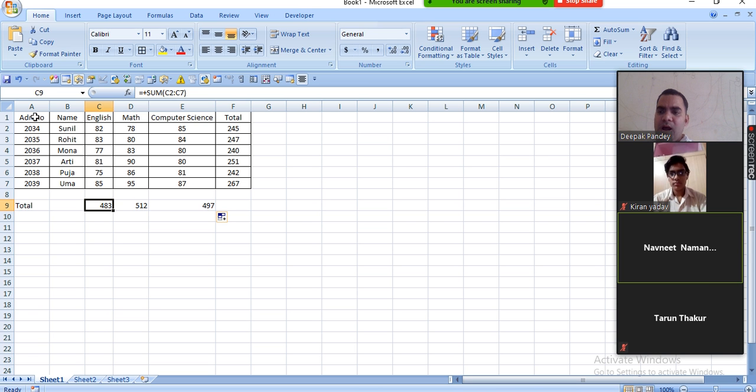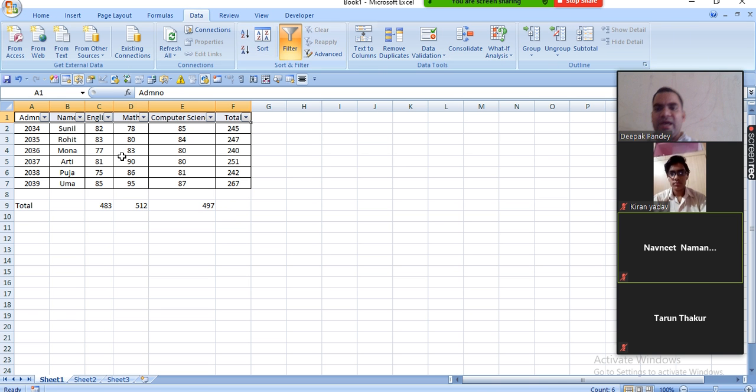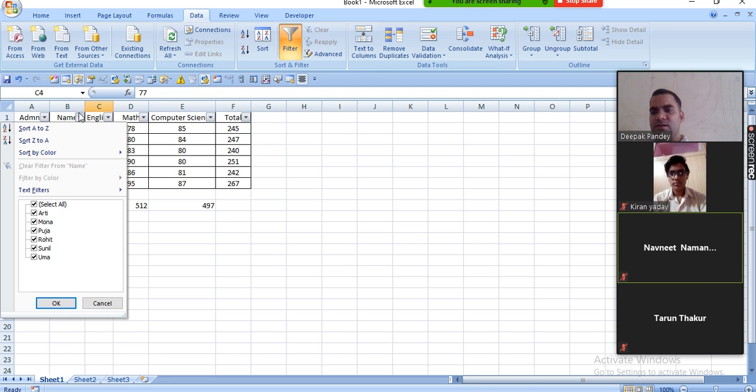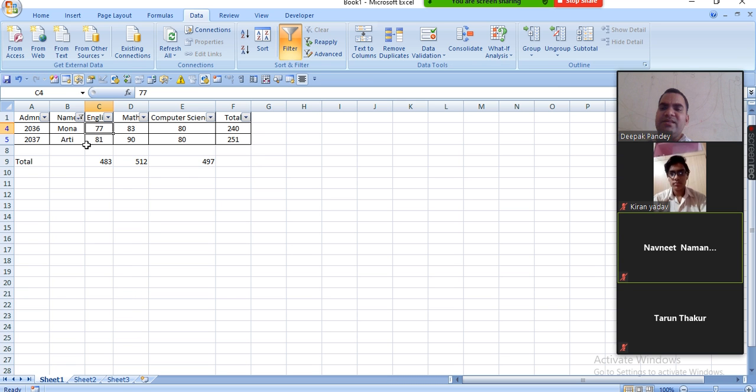I'm telling you one interesting topic about it. Let's apply the filter. I have applied the filter, and I selected two names, Mona and Aarti, and it is still showing the same total.